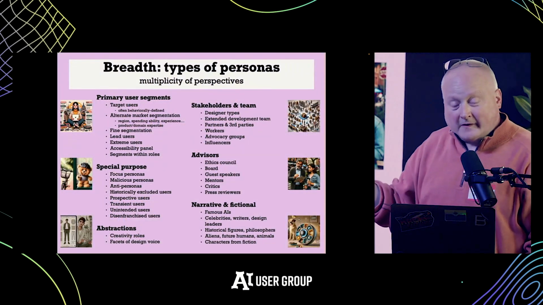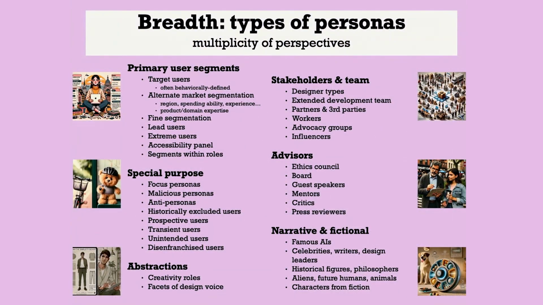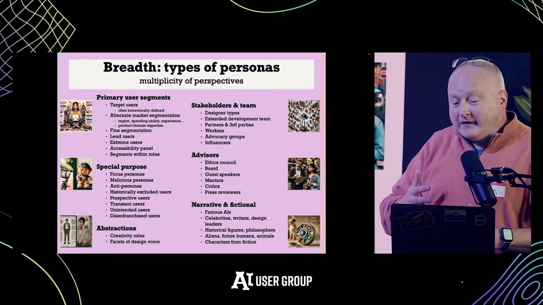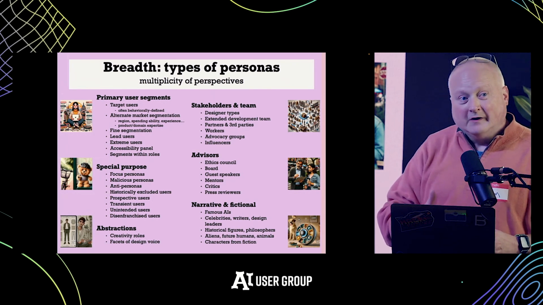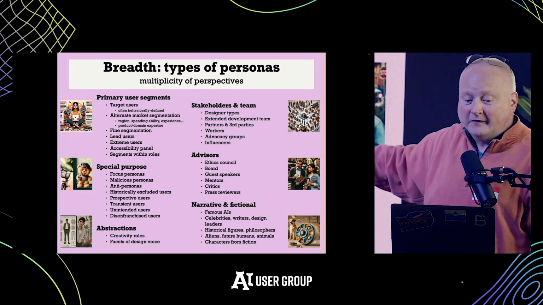All right, let me talk about breadth. Now we're starting into the really exciting aspect. Typically when you do personas, you only do the first item in this whole list. You recognize the main user segments among your target users, and that's all you're going to generate personas for. Typically you generate something like 4 to 8 personas because you don't have time to do more, and you don't have time to figure them out or figure out what they mean for your design. But you actually have a lot more time to do that because it's all just a prompt or two to get to it. And now you can do all sorts of different types of personas.